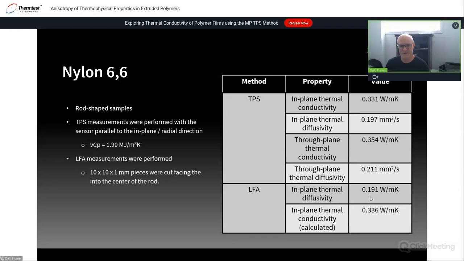So it's important to recognize that if your values are varying between 0.33 and 0.35, the other measurement that you can make with the TPS is actually a bulk measurement. So if you were to measure this with a bulk standard measurement, a three-dimensional value, you would get a number between 0.33 and 0.35 for that particular sample. That is not saying that every extruded rod of Nylon 66 is the same result, but there are reasons